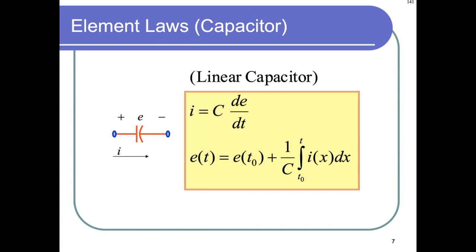So we have a linear capacitor model. So i, the current through the capacitor, is C dE/dt. E is the voltage. So notice here that we're having derivatives, right? This is why we have differential equations. This is how we get, because these derivatives really capture the dynamics of the circuit, and we're interested to study how the voltage, let's say, varies with time, because you might have an input voltage and you want a desired